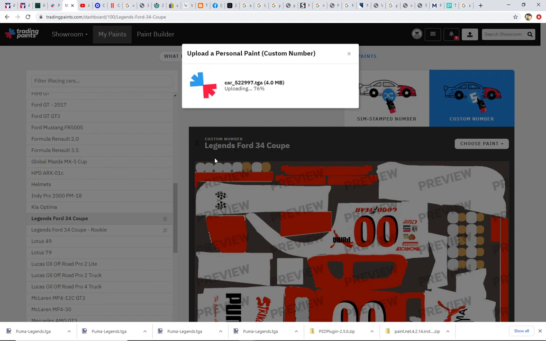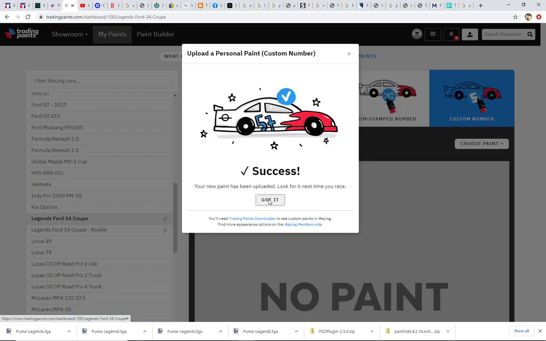We're going to have the same textures over all the decals. If we've done this right, the only thing that's going to change is the texture of the numbers themselves, and they're going to go from being regular sort of gloss paint numbers to being a foil style number. Right. But if we upload this paint, which we're uploading right now,